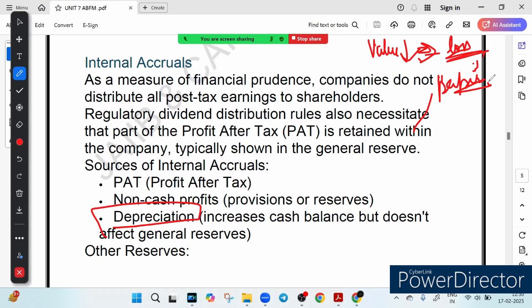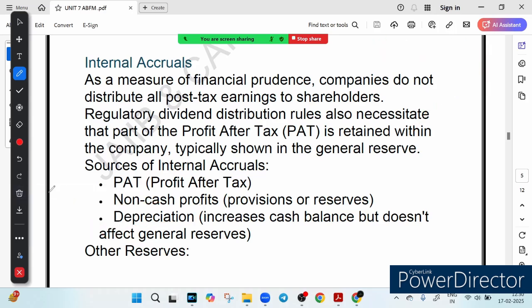So what is the cash impact? Although depreciation lowers tax payment, it does not require an actual cash outflow. That is the important part of depreciation. So in the end the company saves cash. This saved cash can be used for other purposes, like investing in a new project or paying down debt.